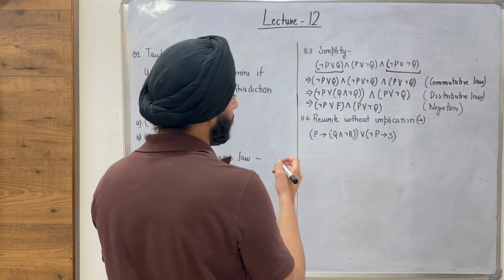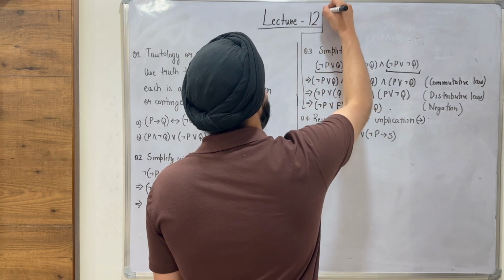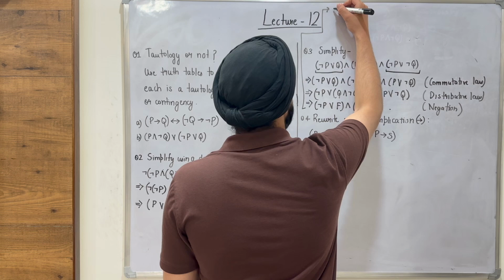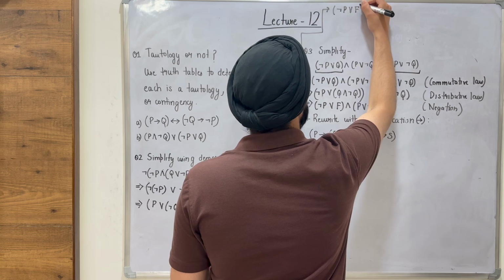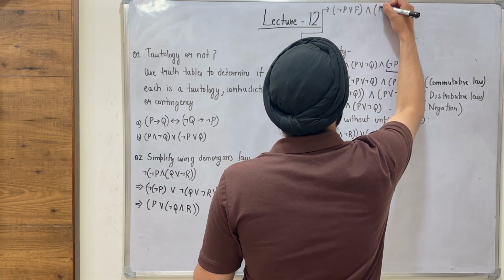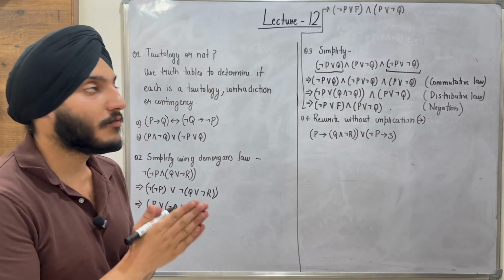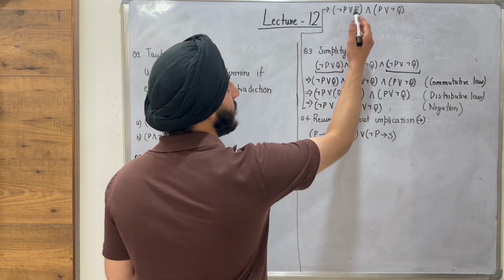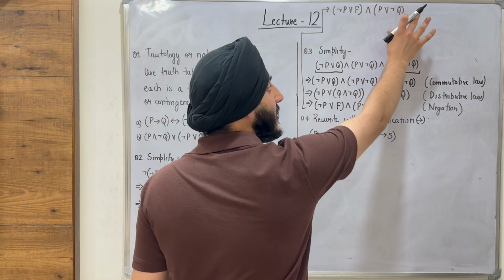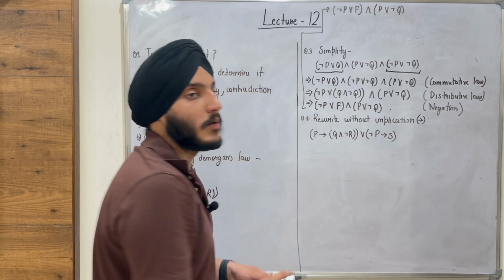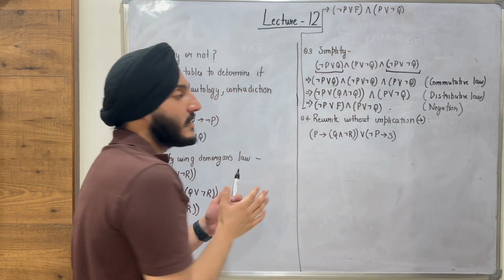Okay, let's try to move down further. I'm going to move the answer to the top, right? So I hope you understand how this works. Okay, so I had negation of P or false and P or negation of Q. Now let's try to understand how to proceed further in this question, right? Let's try to take a look at this part. I don't think there's any law that I can use in this case, right? P or negation of Q. Maybe there is one, but I don't think that is going to be helpful to me, right? But when I look at this part, negation of P or false, I understand that there's a way I can